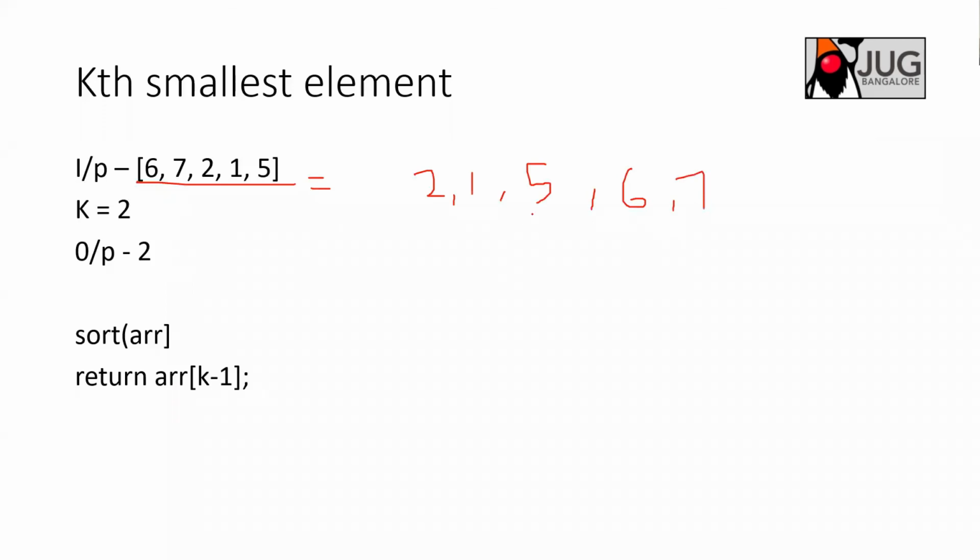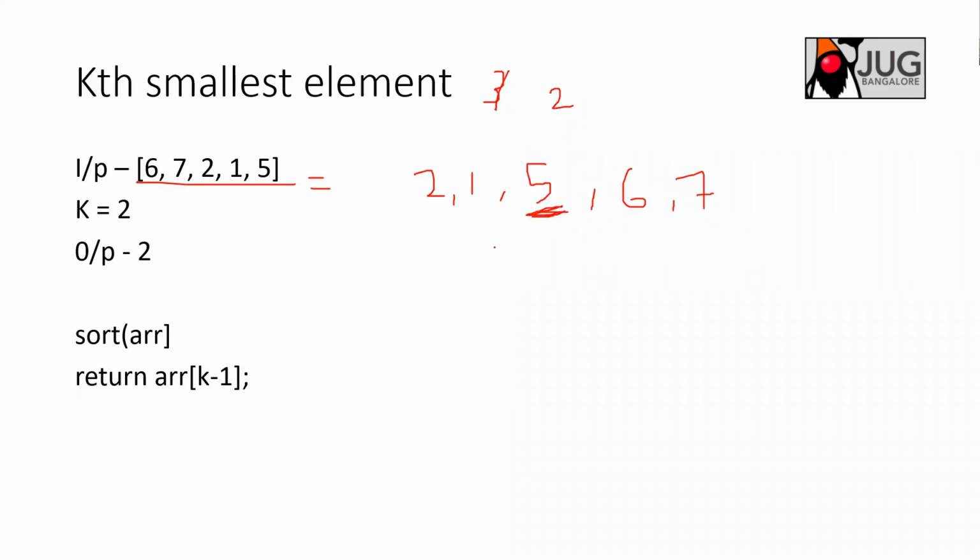So I know the position, right? I want to find array of k minus 1. I need to find that, and this k is what you know, right? You got the position as 3, and it is the right place. So k has already gone, but I am looking for 0, 1, 2. This is the second place, second position, array of 2. But I am looking for array of 1.